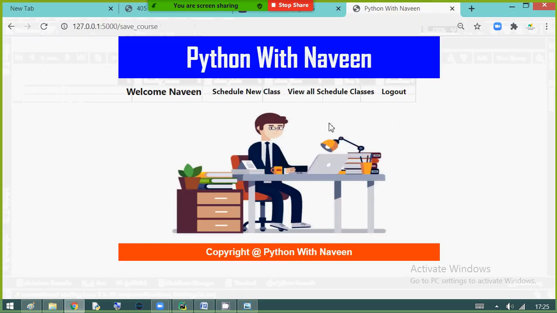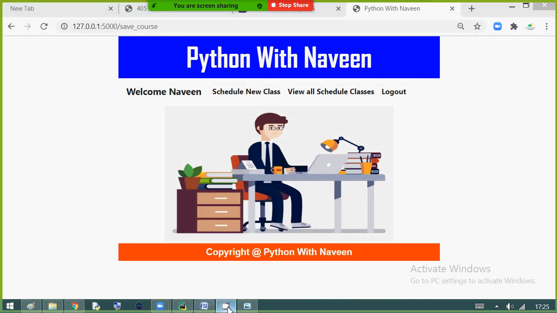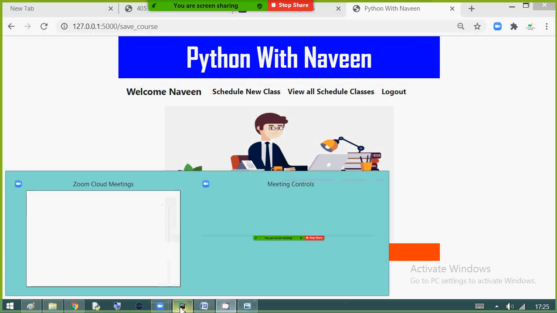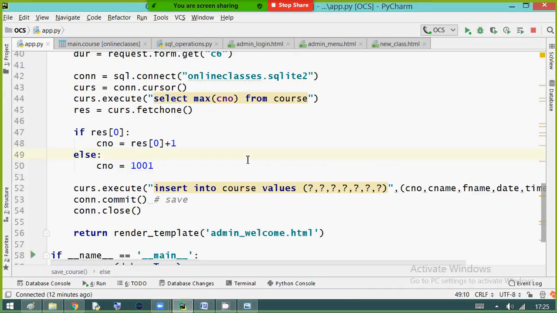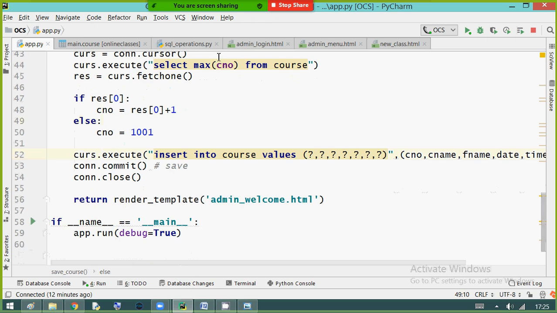Now if you want, you can go back to the same page and carry a message also. Once you save the details successfully, go back to the same page, new class.html, and carry a message. The message is: new class is saved.